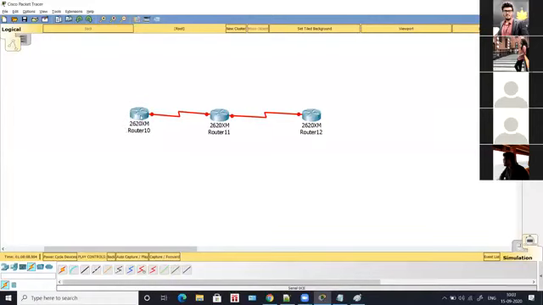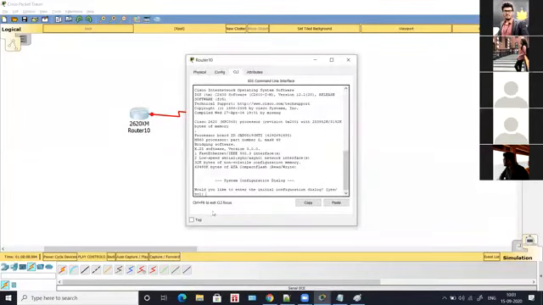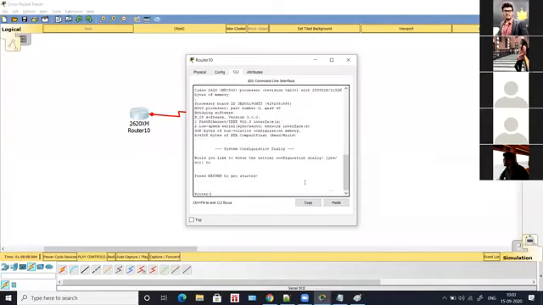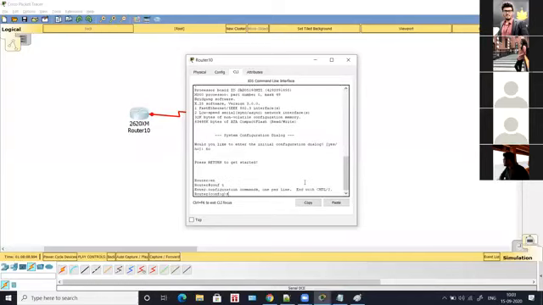Okay, and for all these 3 routers, how you will be configuring is you will go to command line. Would you like to enter into configuration mode? No. Click on enter. It will go into the login mode. Click on EN and it will go to privilege mode. Type conf t and it will go to configuration mode.